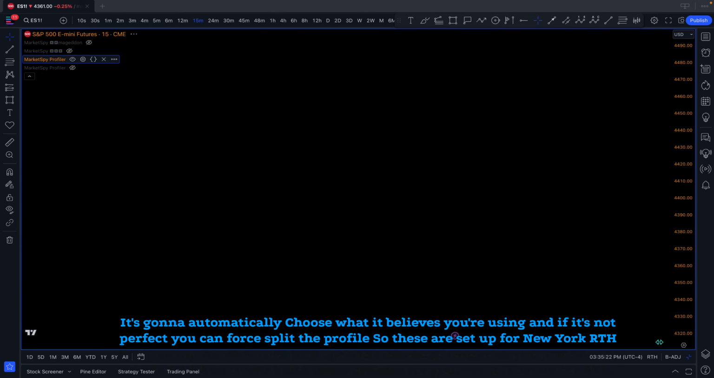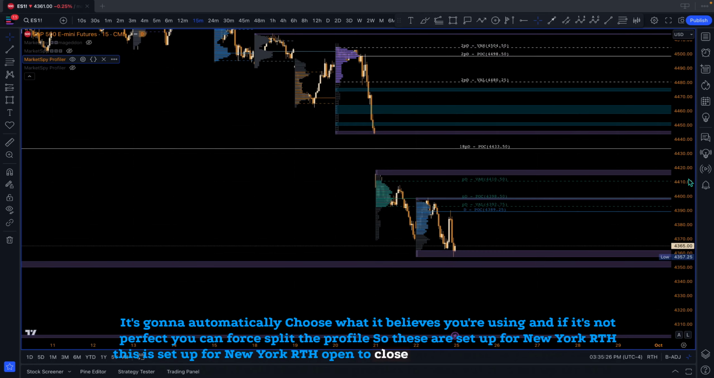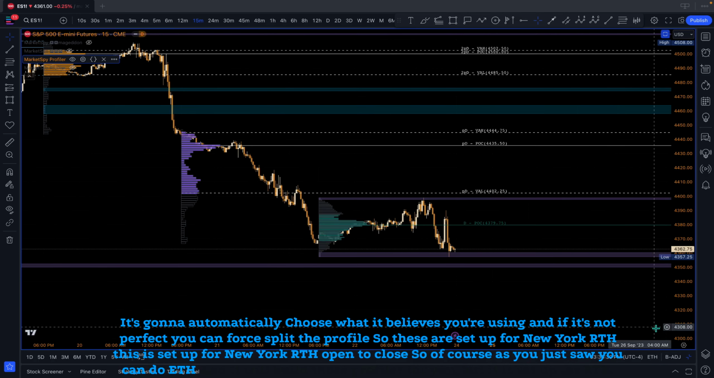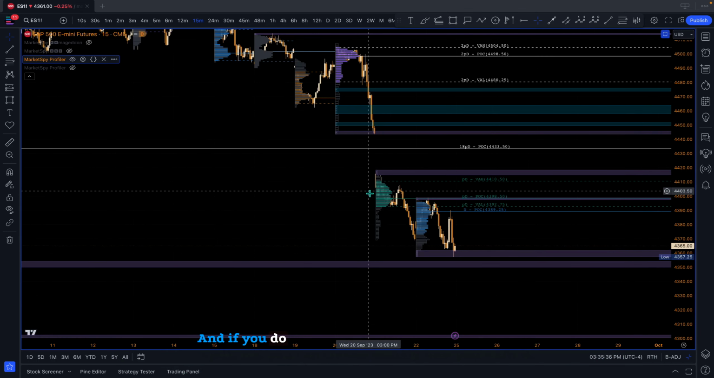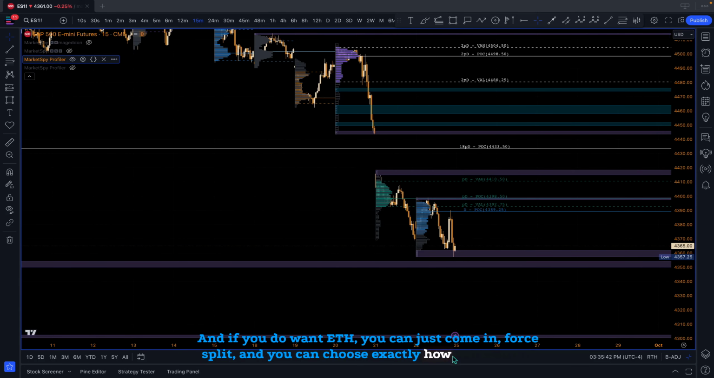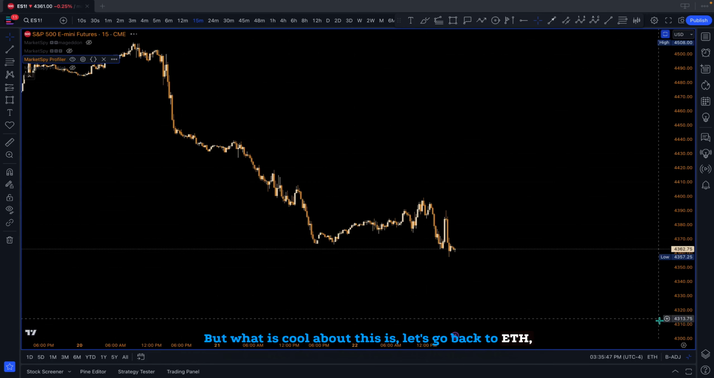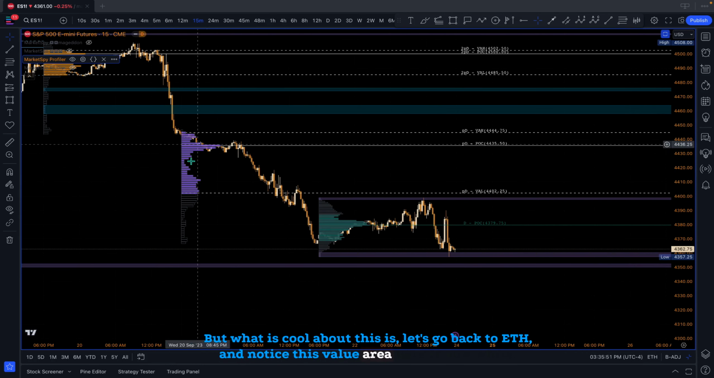This is set up for New York RTH, open to close. So of course, as you just saw, you can do ETH and it will build those profiles for you, but it is set up for RTH. And if you do want ETH, you can just come in, force split, and you can choose exactly how you want it. But what is cool about this is, let's go back to ETH and notice this value area here